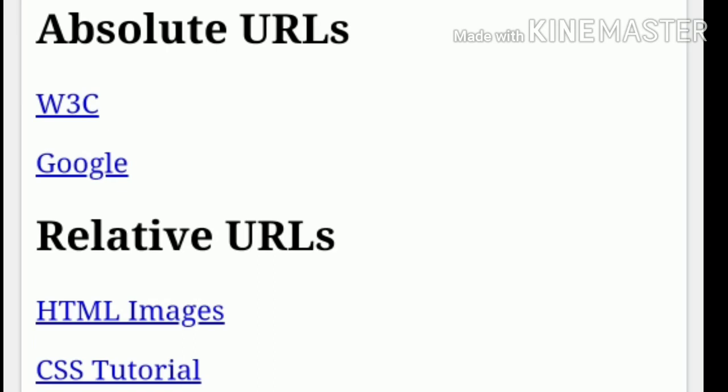The absolute URLs are W3C and Google. The relative URLs are HTML images and CSS tutorials. You can click on HTML images, and this page will open.